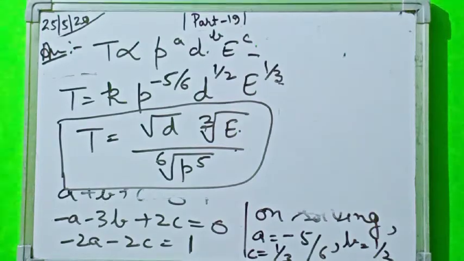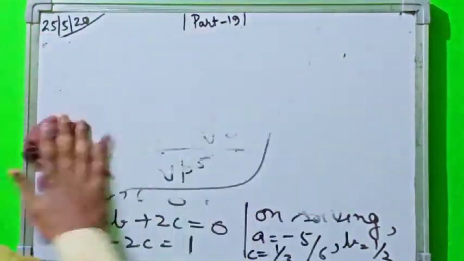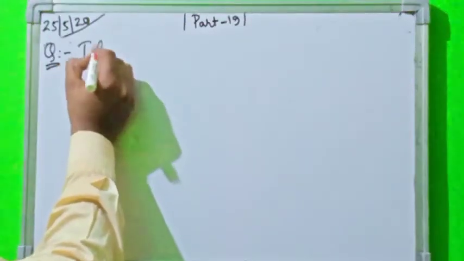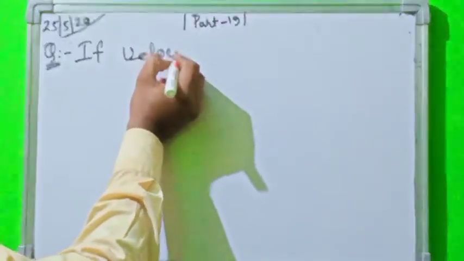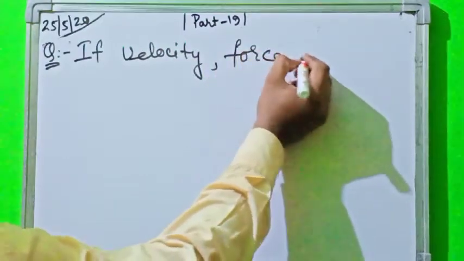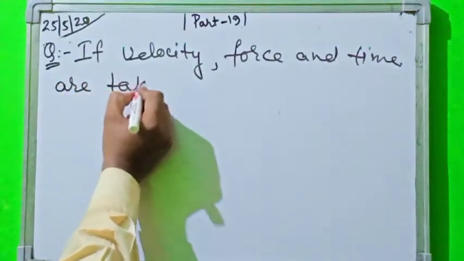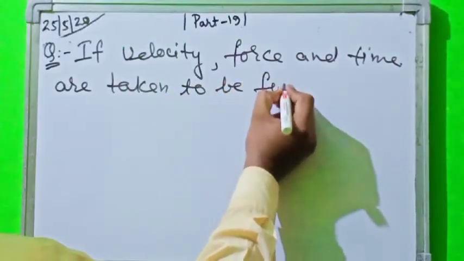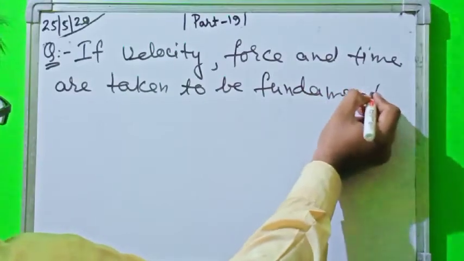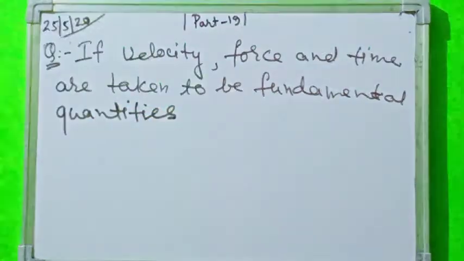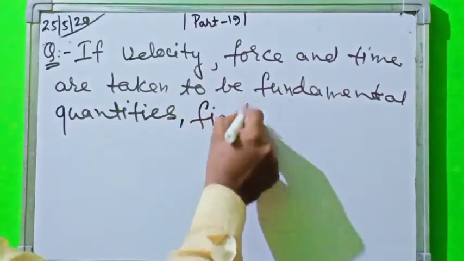Now the next question. If velocity, force and time are taken to be the fundamental quantities, find the dimensional formula